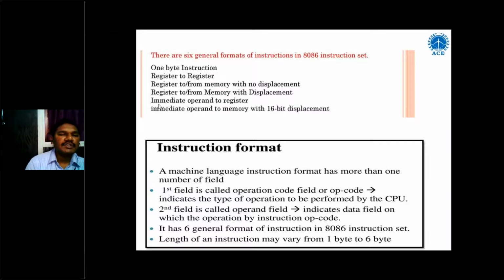And sometimes the instruction has 2 parts, opcode and operand, and these operands are of 2 types again: source operand and destination operand. Sometimes the source operand may be an immediate operand, so this immediate operand may be stored in a register or may be stored in a memory, and this memory may be 8-bit displacement or 16-bit displacement.